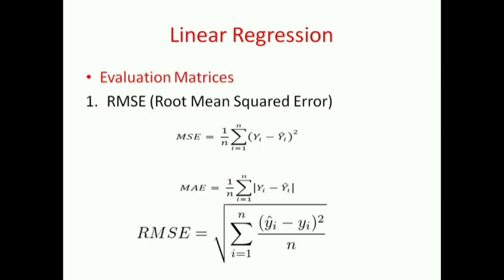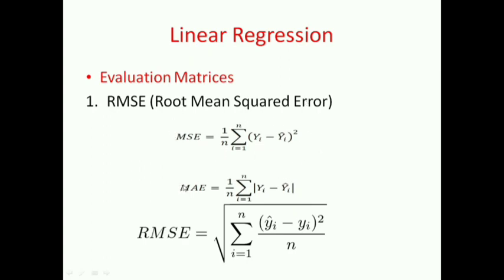We have evaluated it, but it is always good to evaluate our model on a data set that it has never seen. Okay, so there are different evaluation metrics, and one of the most important metrics is the root mean squared error. And this is a very simple metric. Let us first define MSE, mean squared error: take the difference between the actual and the predicted value, square it, sum it over all the data points, and take the average of it. This becomes the mean squared error.